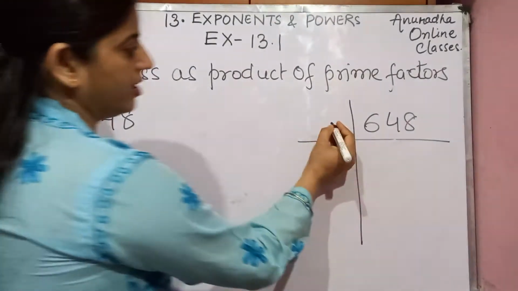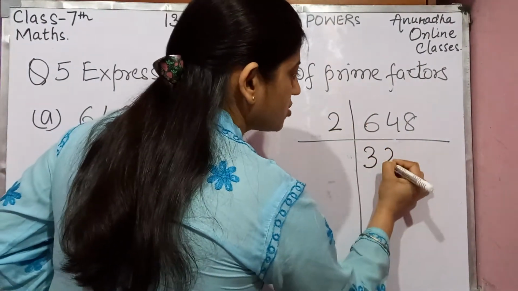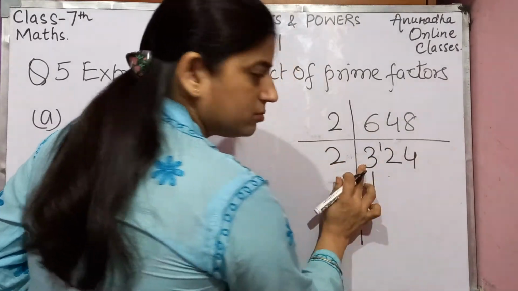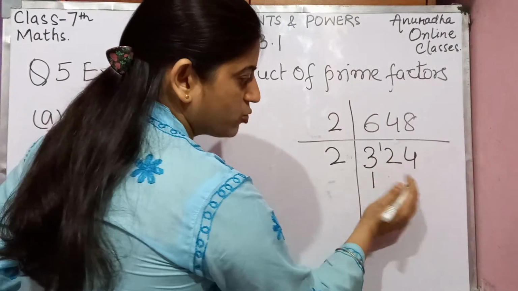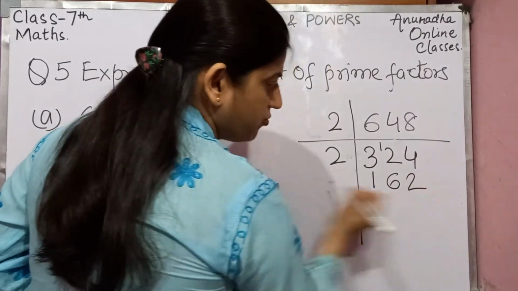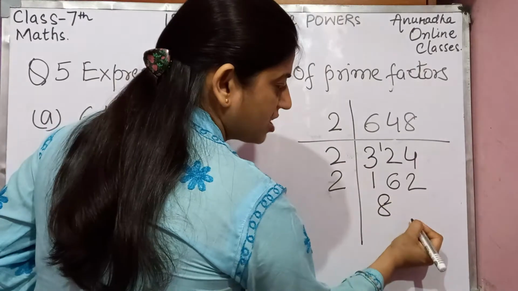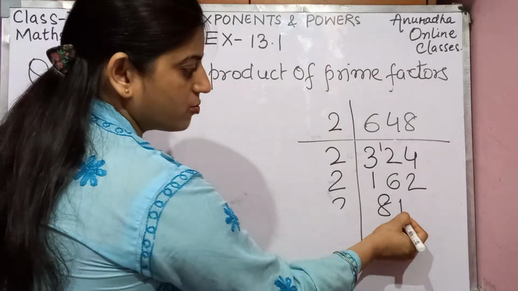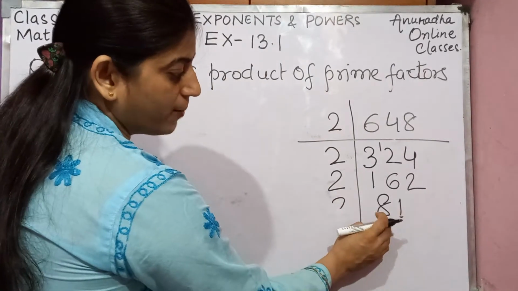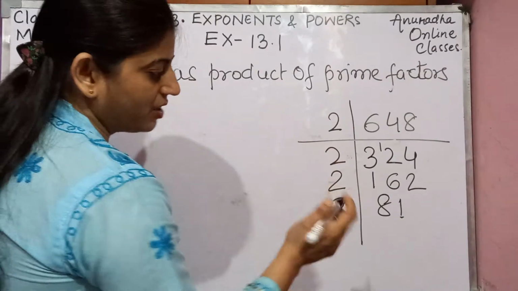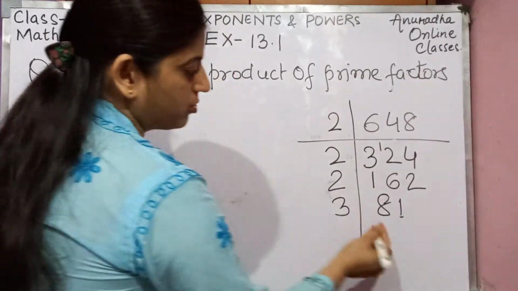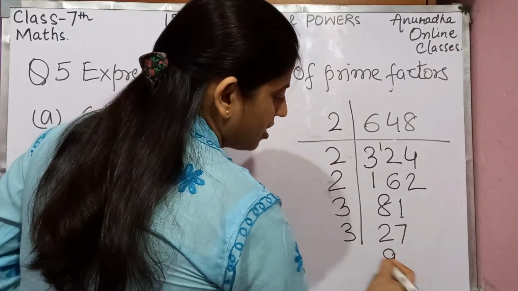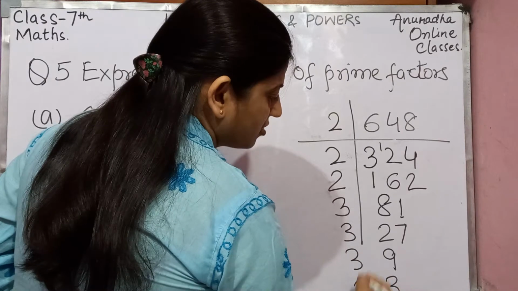We have to find the LCM of this, so 2 3s are 6, 2 2s are 4 and 2 4s are 8. Then 2 1s are 2. Here 1 comes, now it is 12, 2 6s are 12 and 2 2s are 4. Then 2 8s are 16, 2 1s are 2. Then it will not go with 2, why? Because unit place is 1. It will go with 3. Why? Because 8 plus 1 is 9. 9 is divisible by 3, so 3 2s are 6 and 7s are 21. 3 9s are, then 3 3s are and 3 1s are.